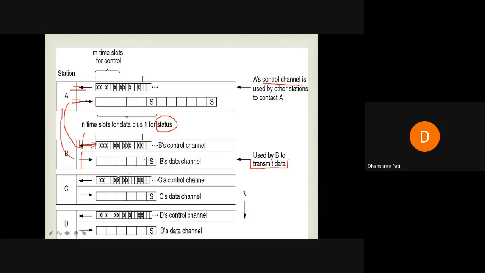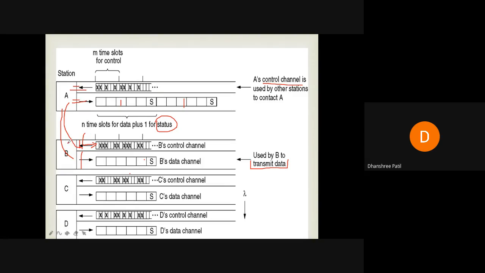That means whenever slot number 3 comes, you can see here, suppose slot number 3 comes here, then next here, likewise endless. So in every slot number 3, can I send my frame? That is, in every third slot of the data, can I send my frame or my data? So this permission is asked by station A.